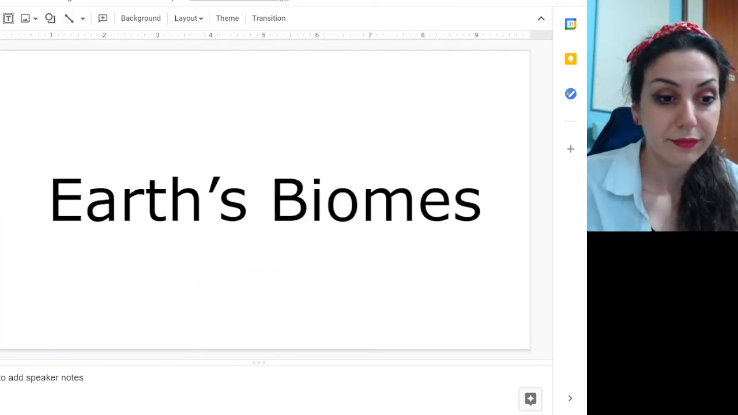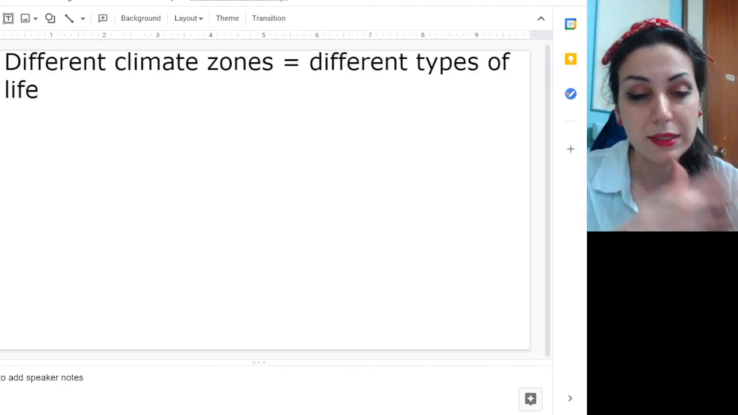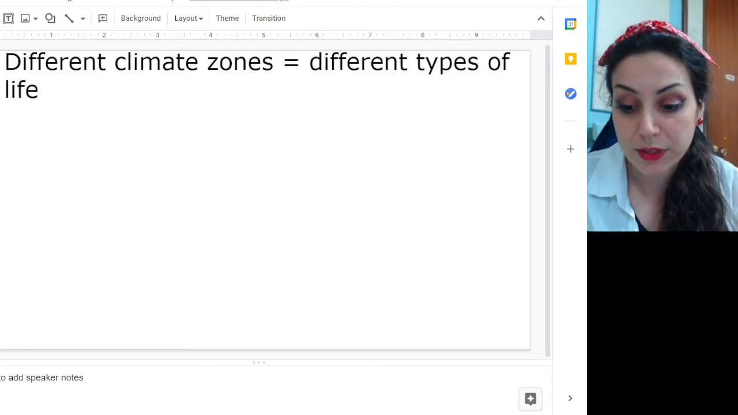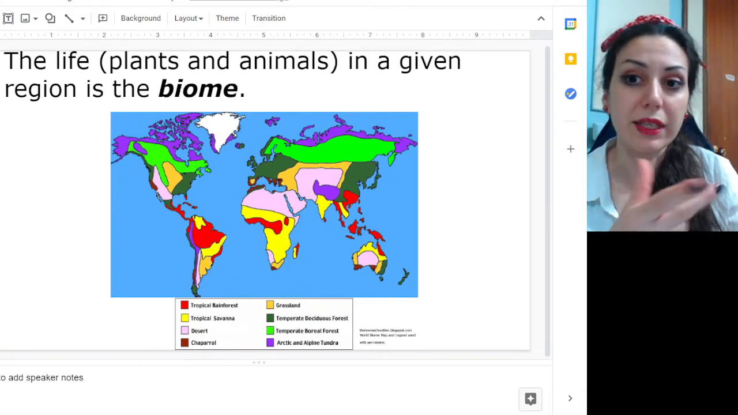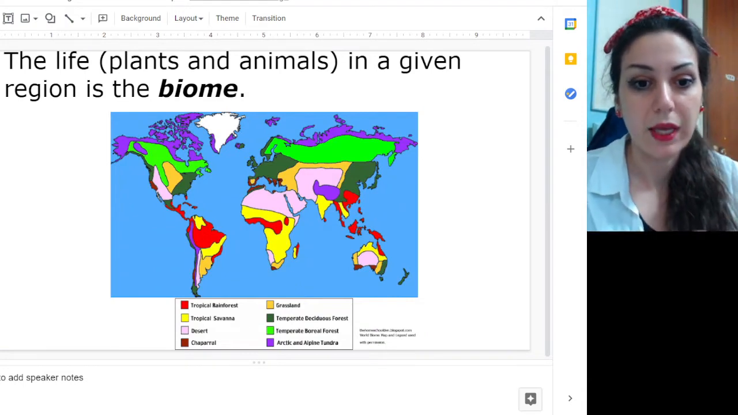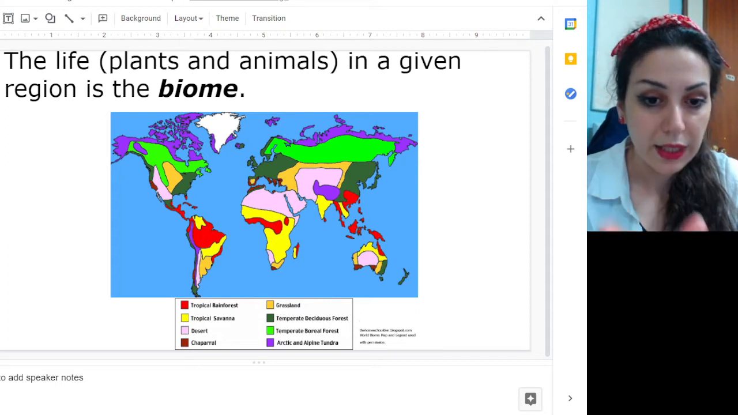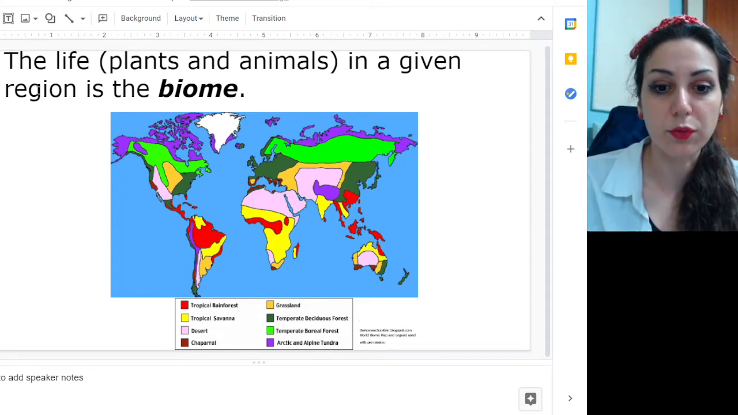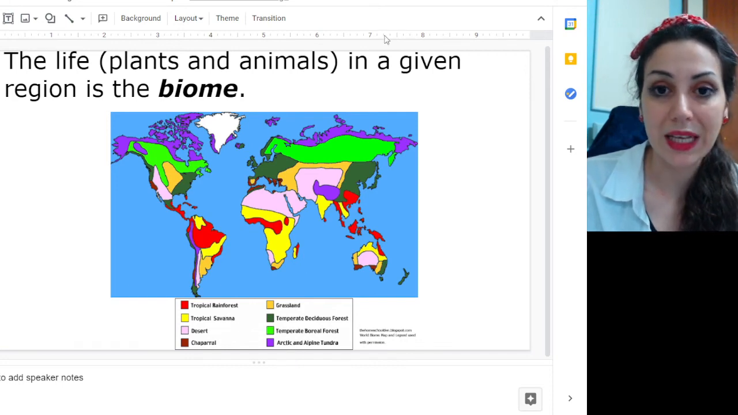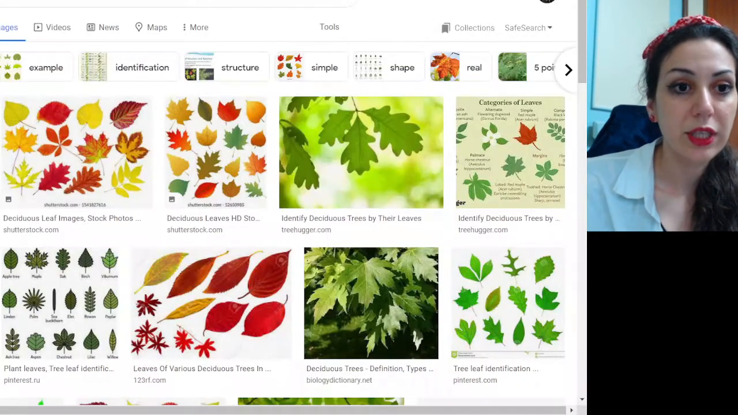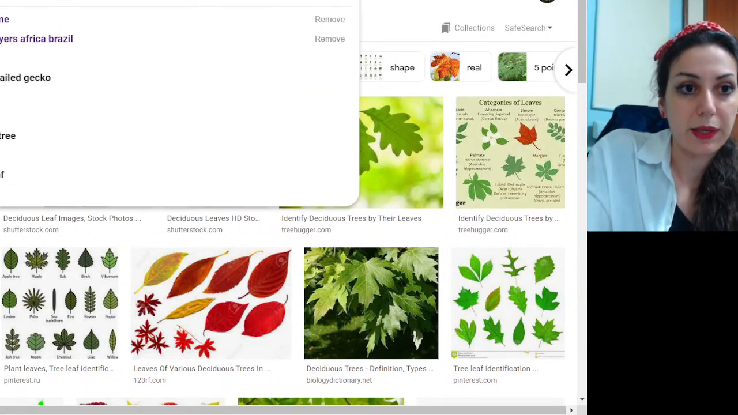How would you fix it? For the biomes, basically, if you live in a different climate, there's different stuff there. The plants and animals, the living stuff, that's what we call the biome. Now, we'll talk about tropical in a second, but we'll go through these real quick. We're going to start with savanna. So if we check out the savanna biome,